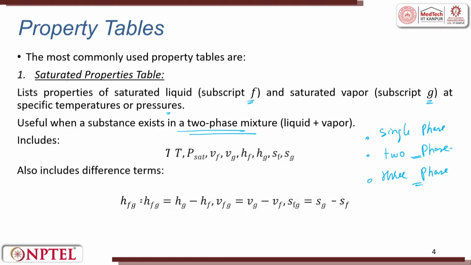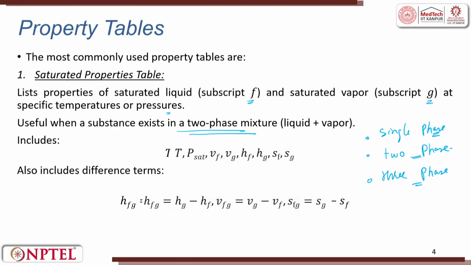When we talk about three phase, it will be air, water and one more substance, or three different fluids, or three different states of a single thing. So, these are called three phase. Single phase is very easy to solve. Generally, we convert three phase into two phase, or two phase into single phase, and try to solve the problem